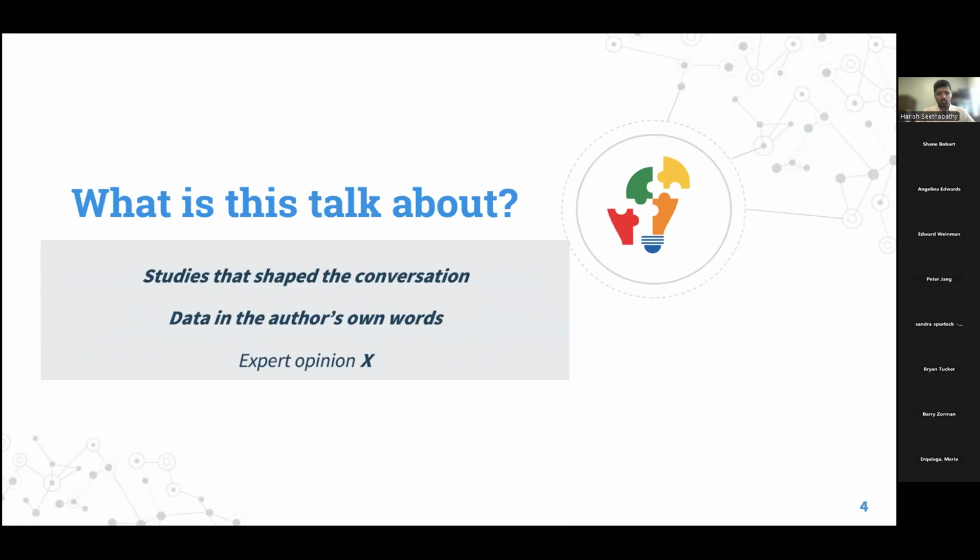Especially with this particular topic, I think there's a lot of controversy, bias, polarization in the way that people talk about this. So when I do describe the studies, I've done my best to give you the conclusions in the authors' own words and not put my own opinion into it. Of course, we have to interpret those studies. But at the same time, I think it's important to know what the authors thought at the time that they published these studies, because many of them are historical, they're from decades ago.